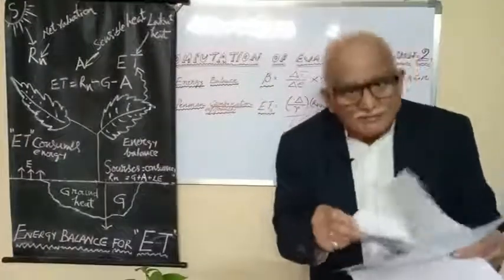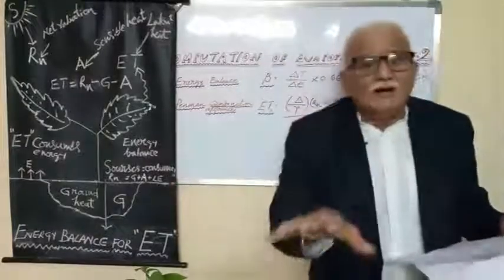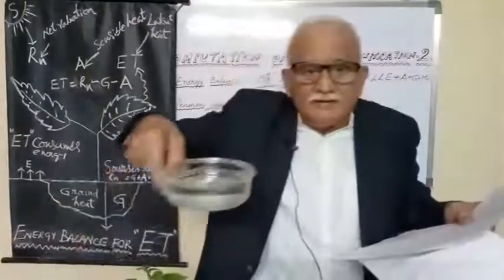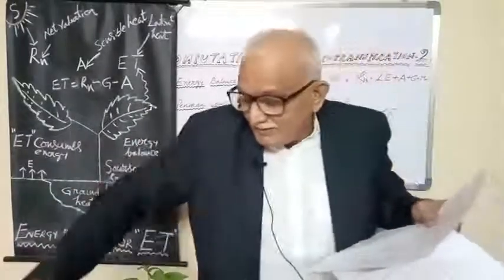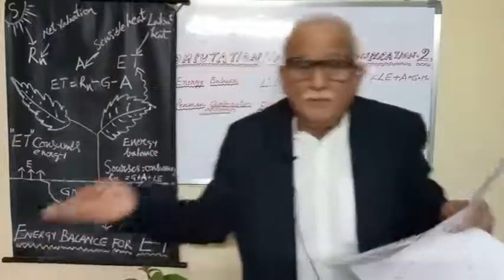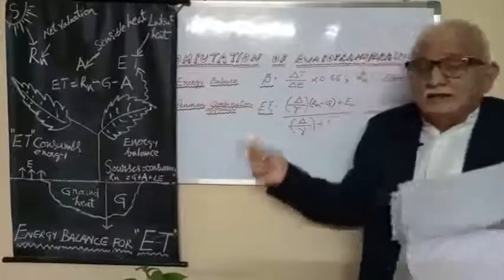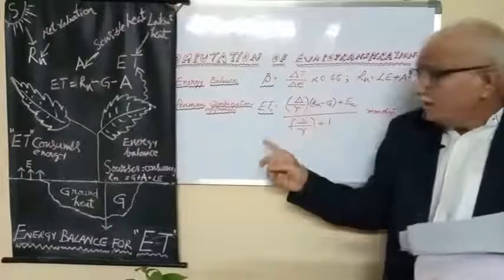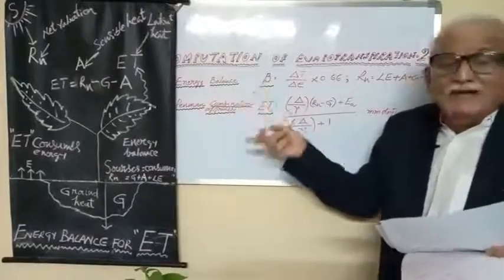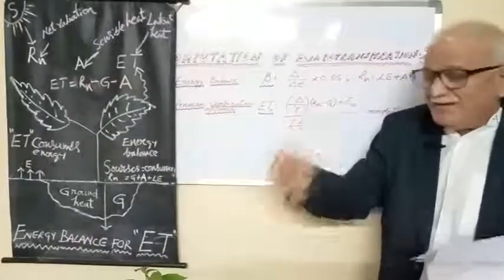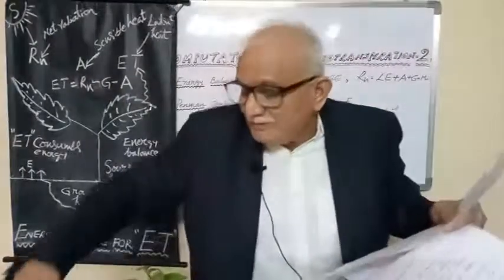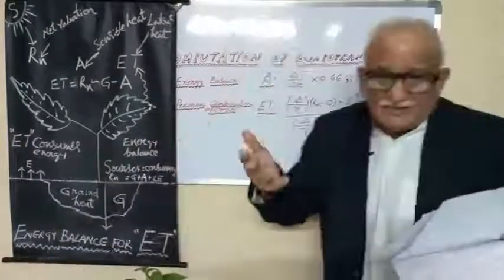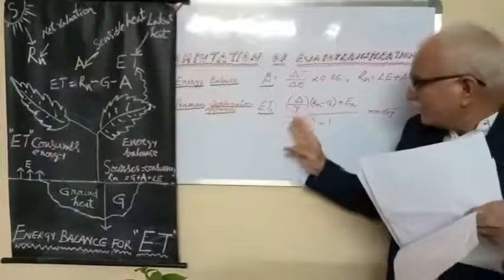So why I am telling is that he had already given all these things: the original Penman equation for the evaporation from the free surface. Next, the modified Penman equation is for the ETO. Then what is the need for the Penman combination approach? Because with energy balance and aerodynamic approaches separately, it is very difficult to measure the EA, that means the vapor pressure at the surface of the water, the free surface of the evaporimeter. So that's why he had given this Penman combination approach.